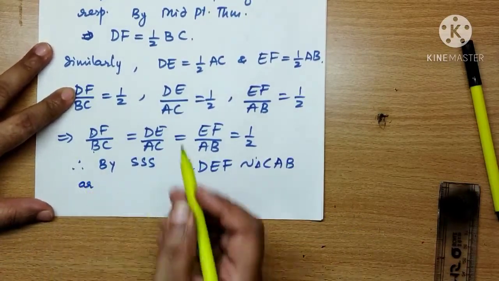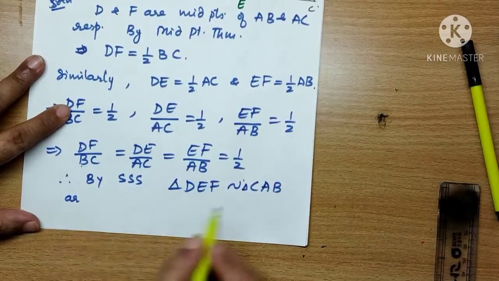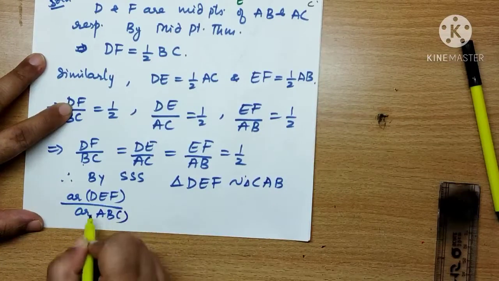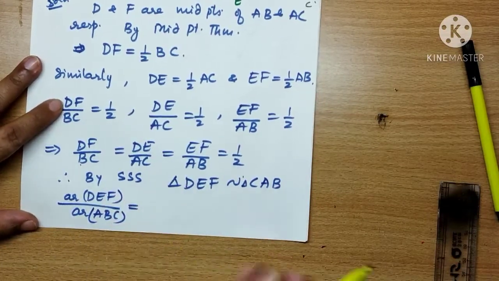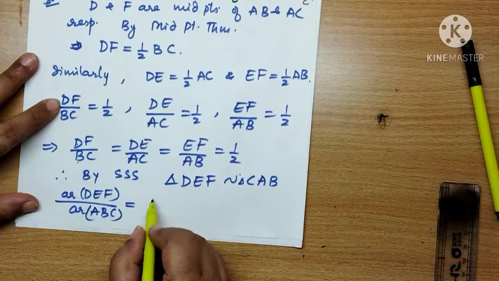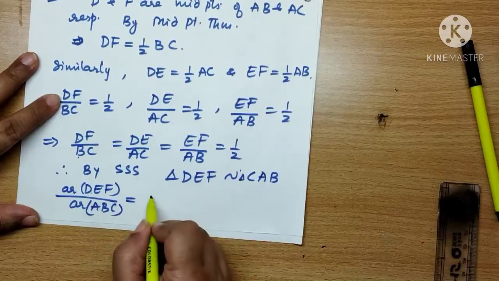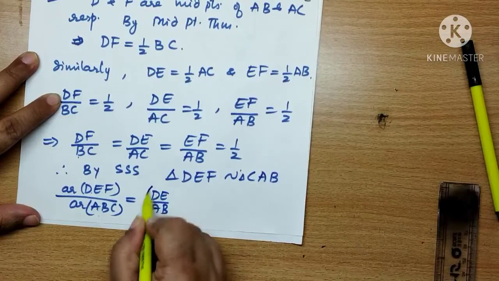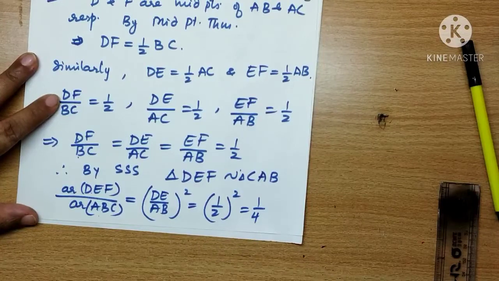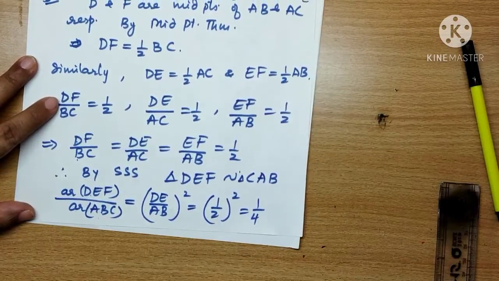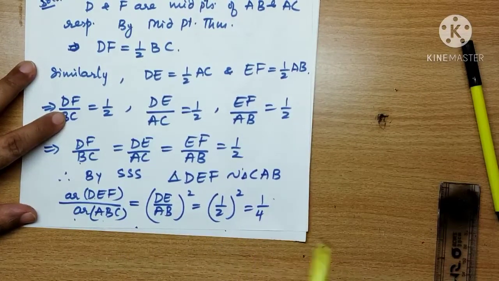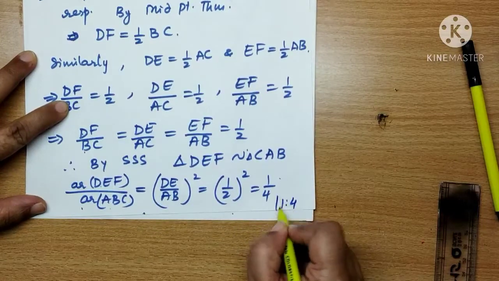So ratio of areas, now once the triangles are similar, I can apply the theorem. So ratio of areas of DEF, now we can write ABC also, because we are just finding the ratio of the areas. I am not writing similarity here. When you write similarity, you need to write the corresponding vertices. This will be equal to DE by AB square. And what is this? 1 by 2 square. This is 1 by 4. So ratio is 1:4. So in the end, write area of DEF is to area of ABC is 1:4. So here we got ratio as 1:4.